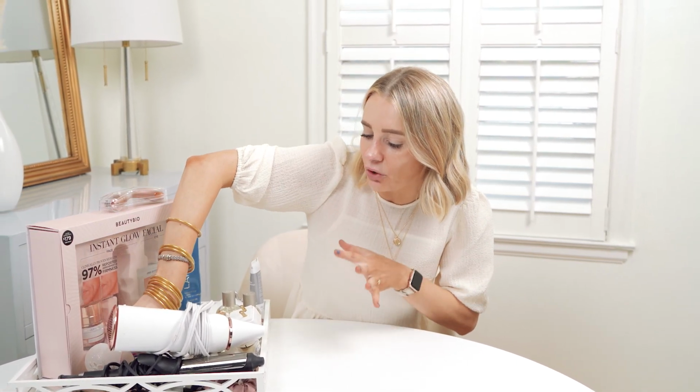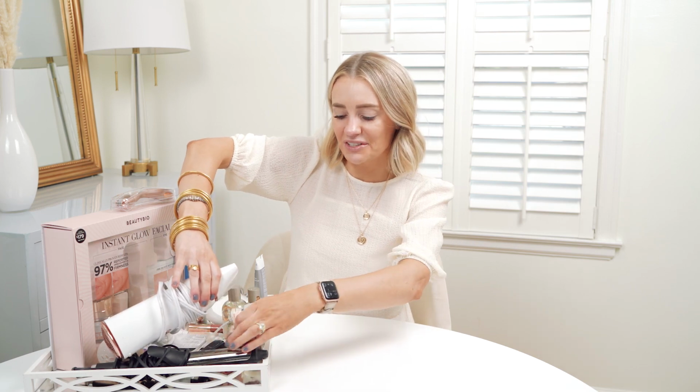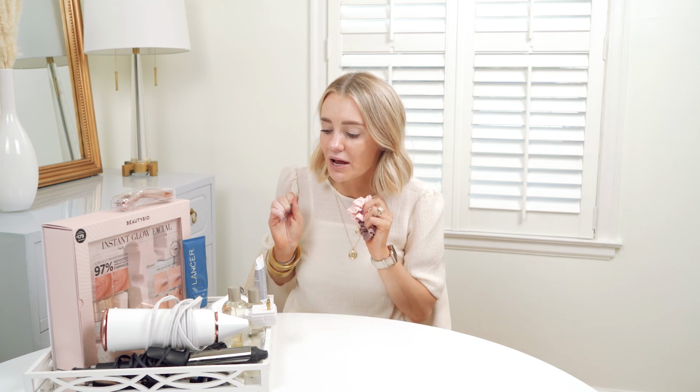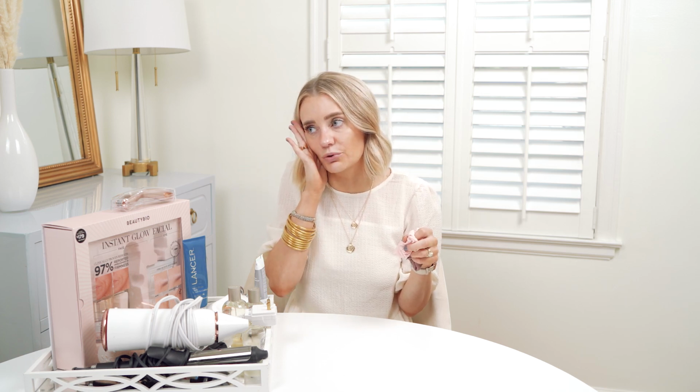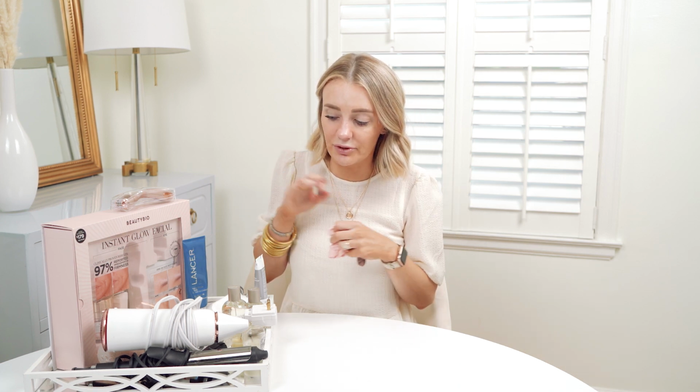All right, so I don't have my silk pillowcase in here because it's got holes in it. I'm getting the new one for this sale, so I'll spare you from seeing my old one. But silk pillowcases are essential for making sure your hair stays healthy while you're sleeping, and your skin. It makes sure that you don't wake up with creases on your face, which over time can cause wrinkles. So there are these Slip brand pillowcases in the Nordstrom anniversary sale every year,